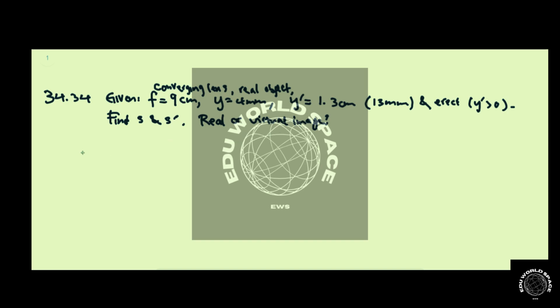So we can use equation 34.16, which relates the object distance and the image distance to the focal length. So we're given the focal length, and S and S prime are two things that we want to find, but I have two unknowns in one equation, so it's not sufficient information, but I'm given the heights of the object and the image, so I can use equation